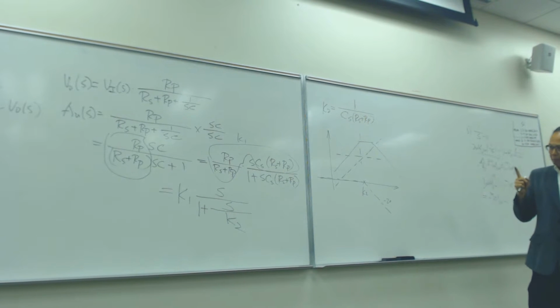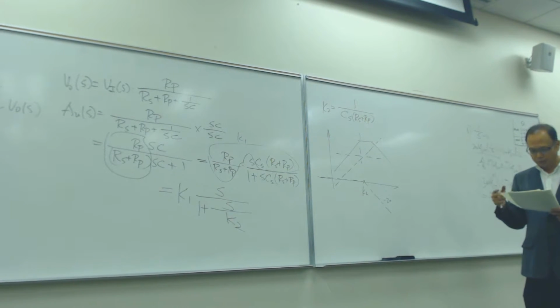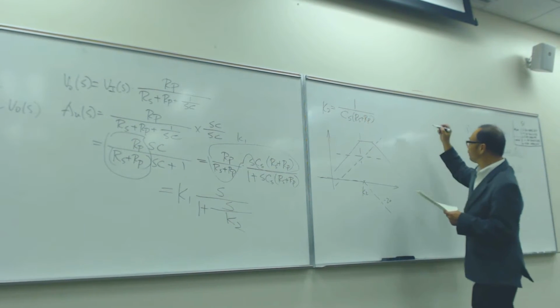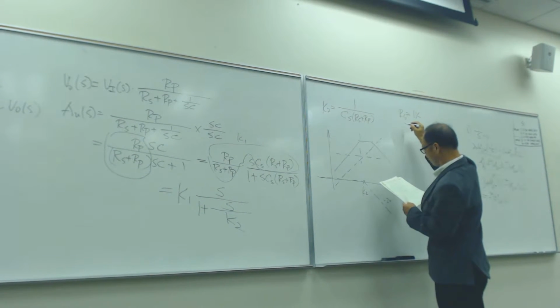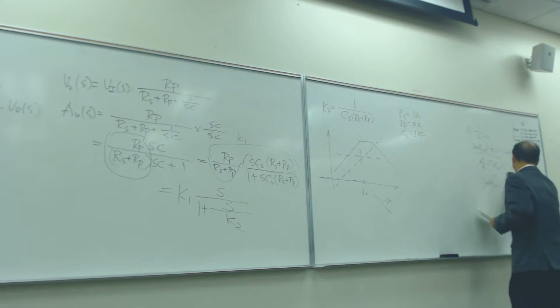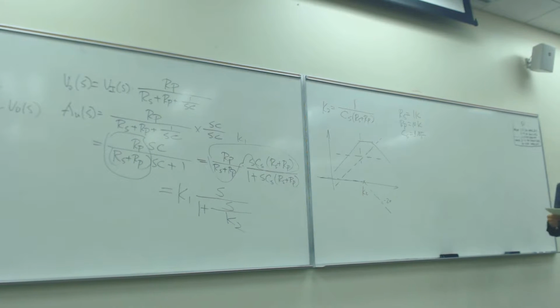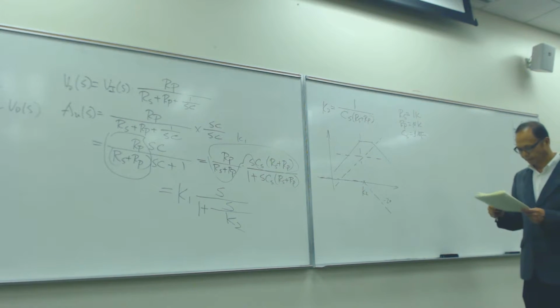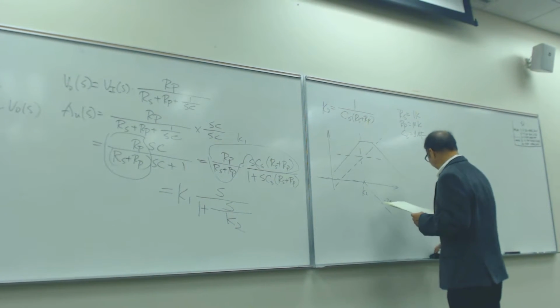So now I'm going to plug in the numbers to give you the precise plot, and so I have to give you some numbers now. Let me give you RS equal to 1K, RP equal to 10K, CS equal to 1 microfarad. Okay. So with these numbers, you're going to find that VAB